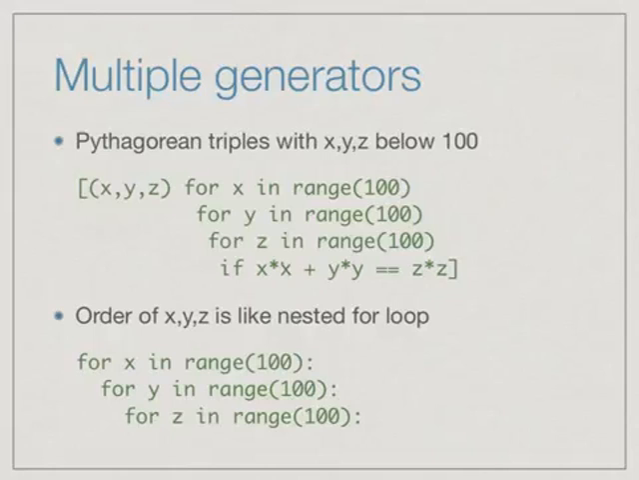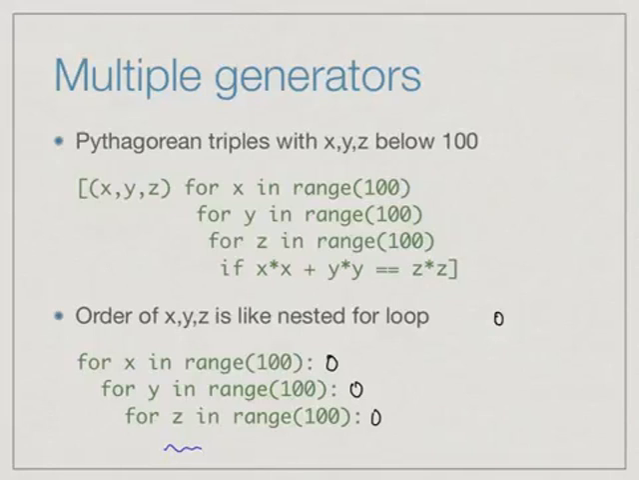So in what order will these be generated? Well, it will behave exactly like a nested loop. Imagine we had written a loop in which we said for x in range 100, for y in range 100, for z in range 100, do something. So what happens here is that first a value 0 will be fixed for x, then a value 0 will be fixed for y,